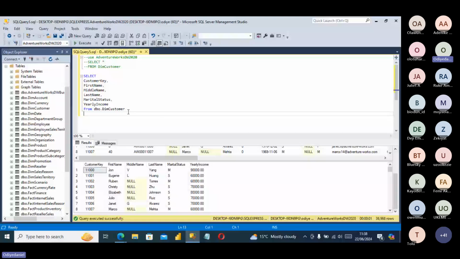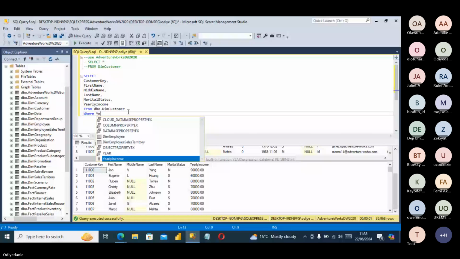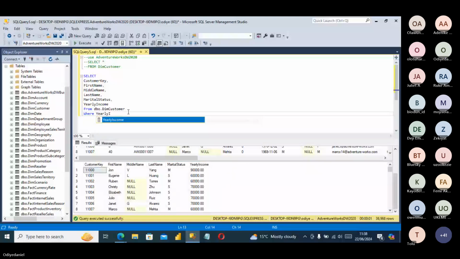I'm now using the condition statement, where yearly income is greater than, let's just say yearly income is greater than 80,000. So if I just run this,